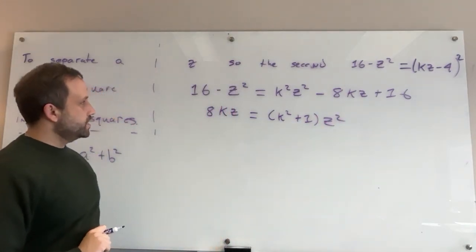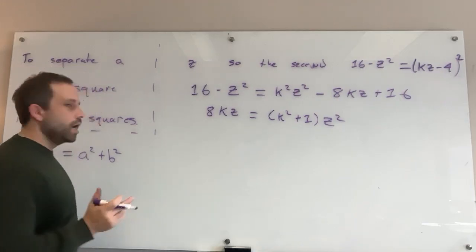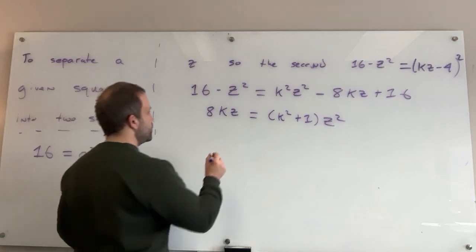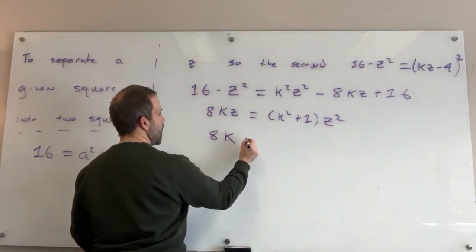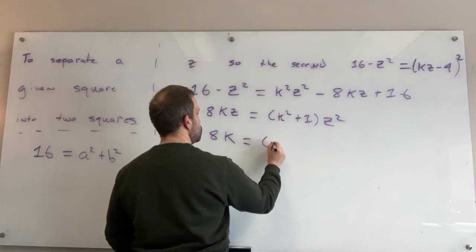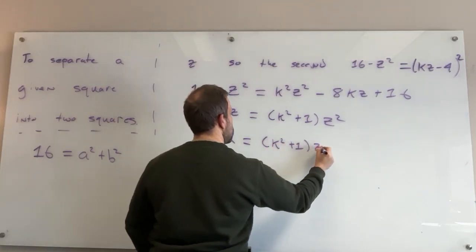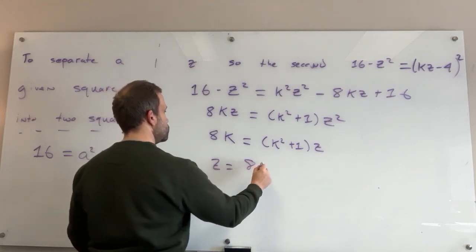Now canceling a z on both sides. So z equals 0 is going to be one solution. Obviously if z equals 0, b squared can just be 16. So z equals 0 is a solution, and then if we divide by that, we get 8k is equal to k squared plus 1 times z,